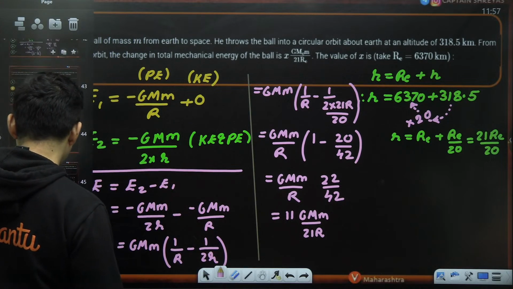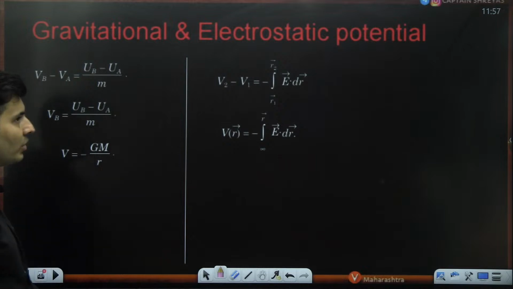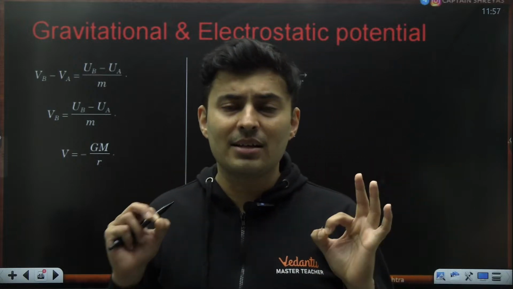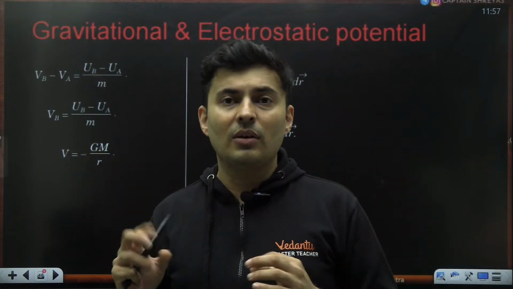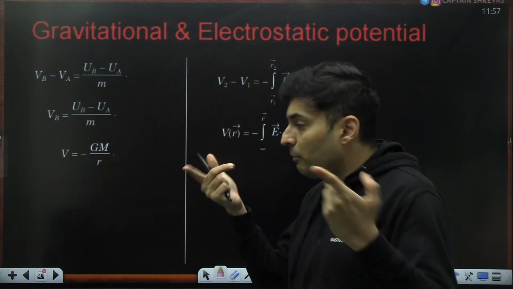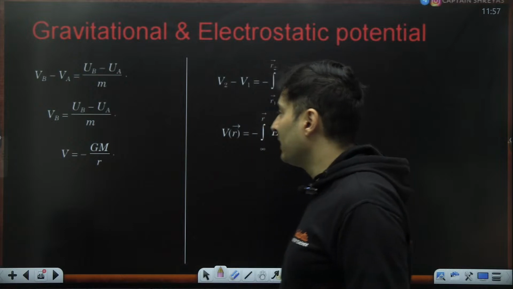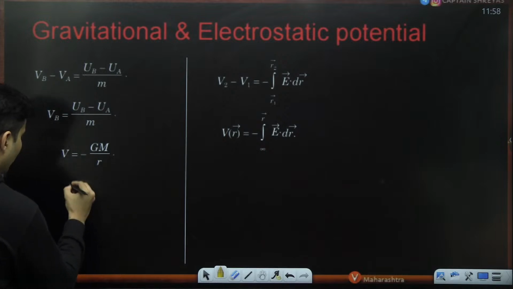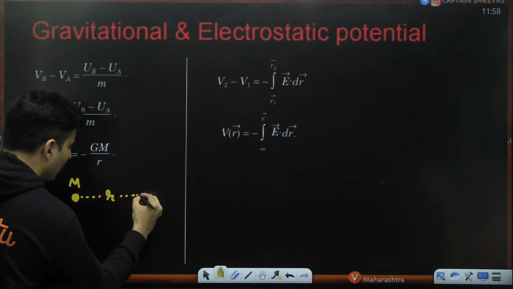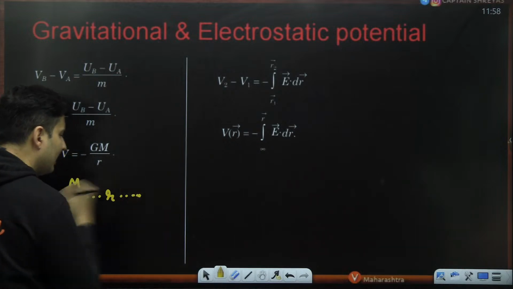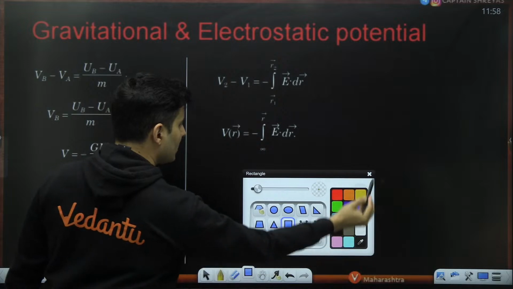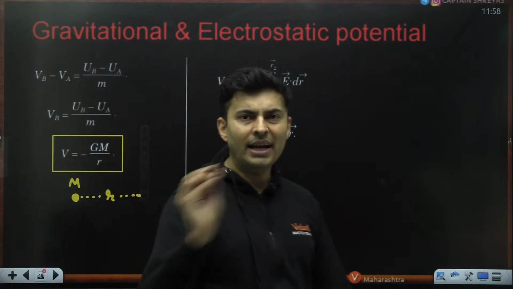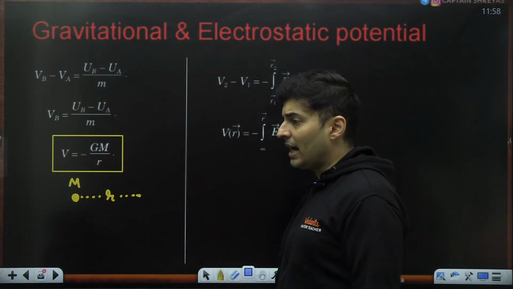So let's move, guys, to the next concept, electric potential. Electric potential is like your potential energy per unit mass or per unit charge. Think of it like that. So instead of finding the total energy, you find it per unit mass or per unit charge. If you had a mass over here and you are at a distance r, there is no mass kept here. There will be potential at that point, and that gravitational potential will be minus GM by r. There is no m on the numerator. That's the gravitational potential at that point.